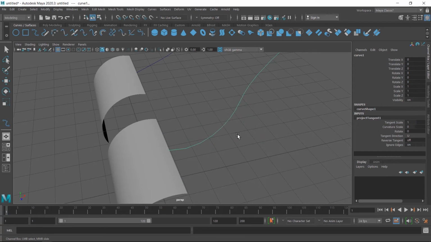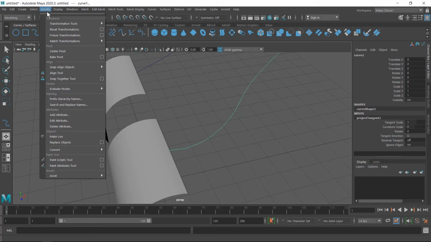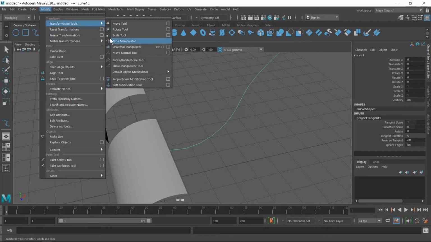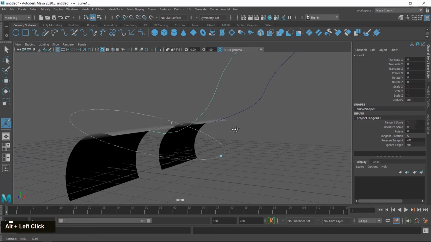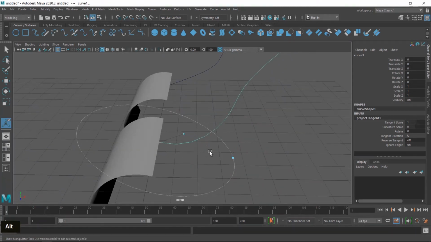If you want to change the tangent scale manually, we have another option. Click on the Modify menu and then go to Transform Tools, and here you can see the Show Manipulator tool is available. When you click on this, a manipulator ring is displayed here and the two points are highlighted here. When you click and drag on a point, so you can see,